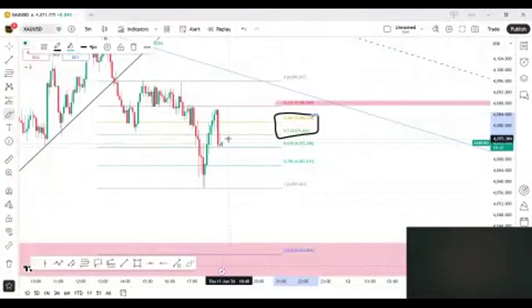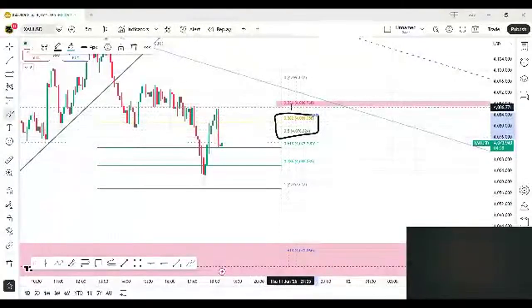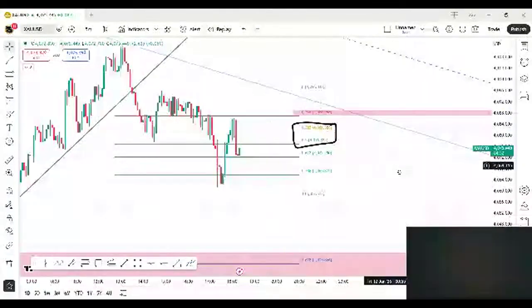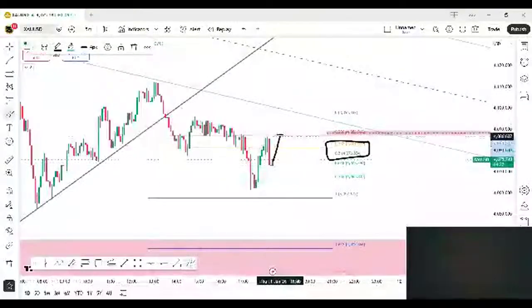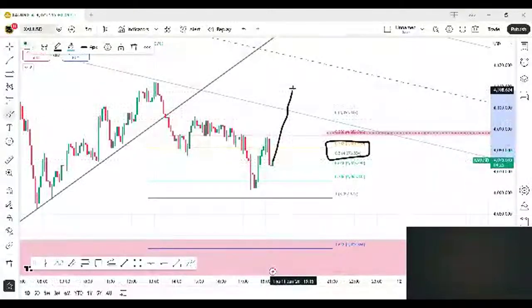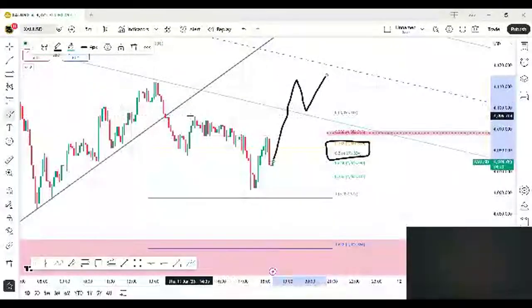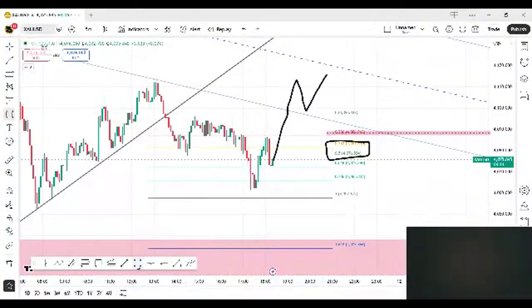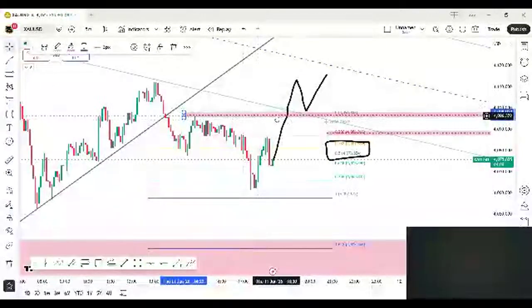The reason is that we are still below the 0.236 retracement. If the market breaks this area, then we can further look for the buying setups. Why can we look for the buying setups? The only reason is that at that area maybe the market will change its trend from lower lows towards lower highs. If the market breaks this zone, obviously that is going to be the change of character, and that is going to be the shift of the smaller time frame chart. If the market breaks this area, that will be the shift of the trend.